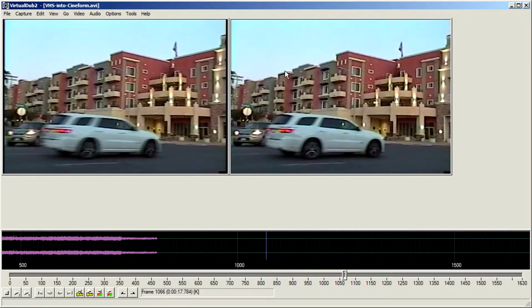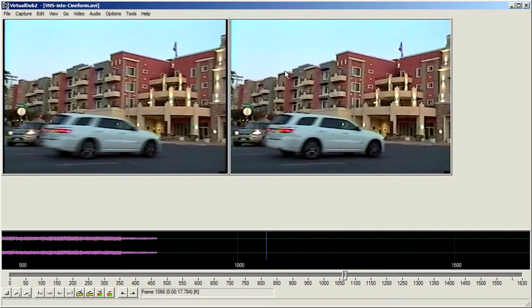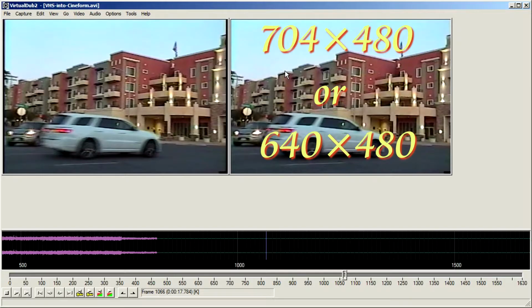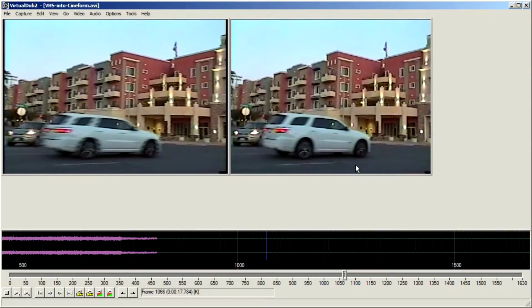If you originally digitized into a 640 by 480 frame instead of 720 by 480, then black bars on the sides would have been removed automatically, and the frame would have been sampled with nice square pixels. Whichever frame size you have at this point, 704 by 480 or 640 by 480, it represents the complete 4:3 frame. If your video looks slightly stretched horizontally, right-click on the right sub-window and select 4:3 aspect ratio. Now it looks right. The next step is optional.